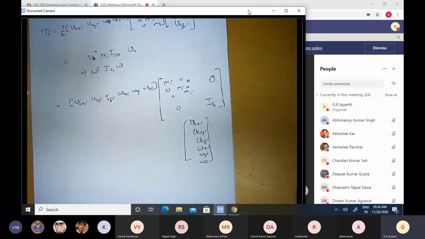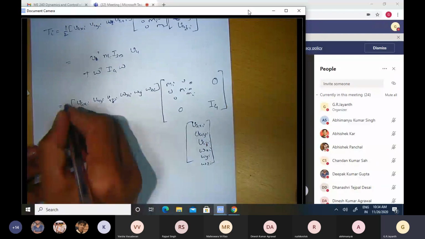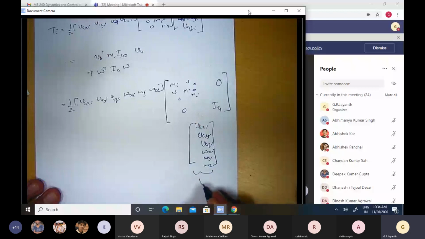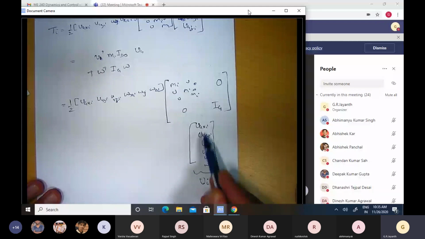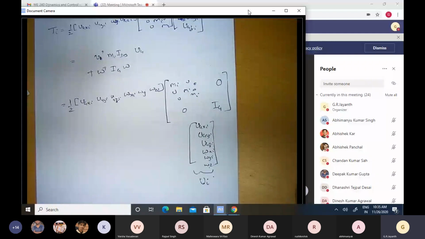So now, any questions about this? Has to be a half also. Any questions about this expression? Okay, now I define a new vector. I'll call that capital Ui, which is the vector comprising both linear velocity and angular velocity. Note that the units of the elements of this vector are not the same. For the first three elements, it is meters per second. For the other three elements, it's radians per second. But there's nothing preventing me from making a vector out of all of these things.